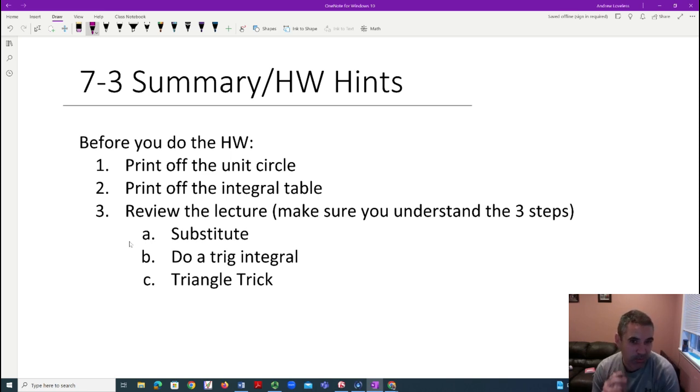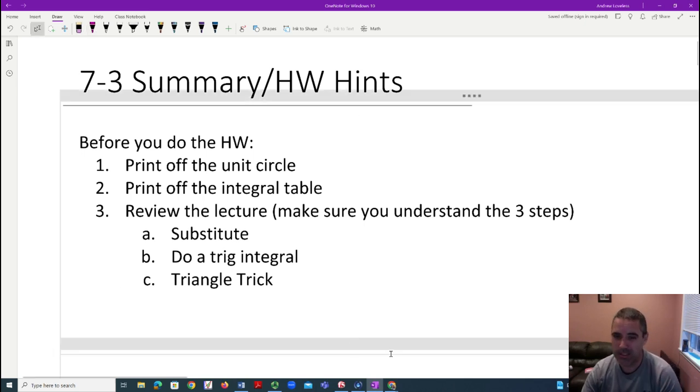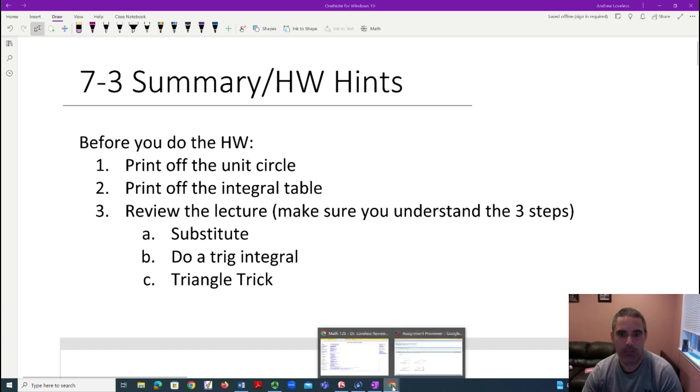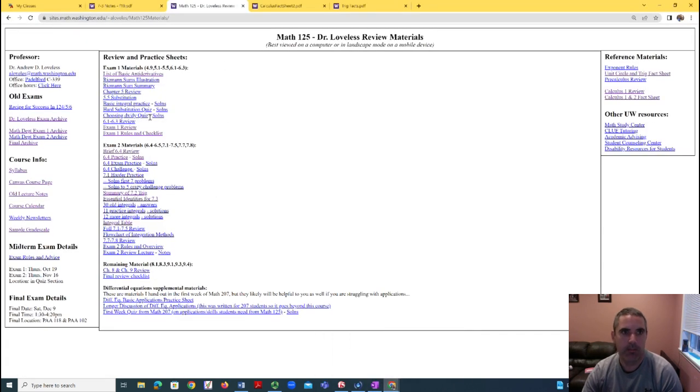Print off the integral table, the full integral table with all the integrals I've given you. And then you should review the lecture. So if you've forgotten where those things are, let me pull it up here quickly. If you go to my materials page, you can also see my lecture notes on Canvas,